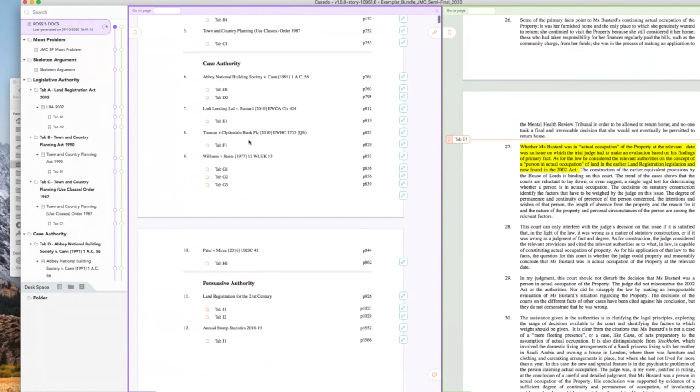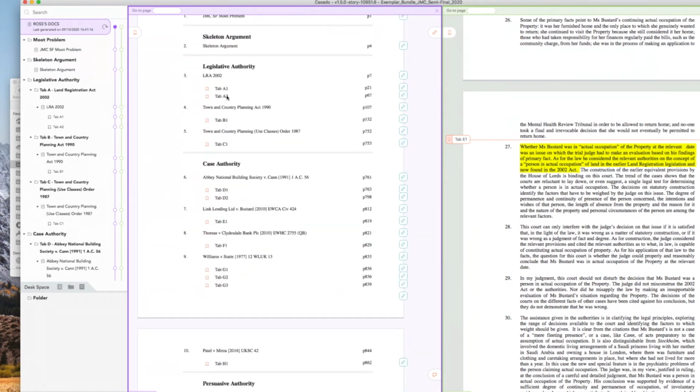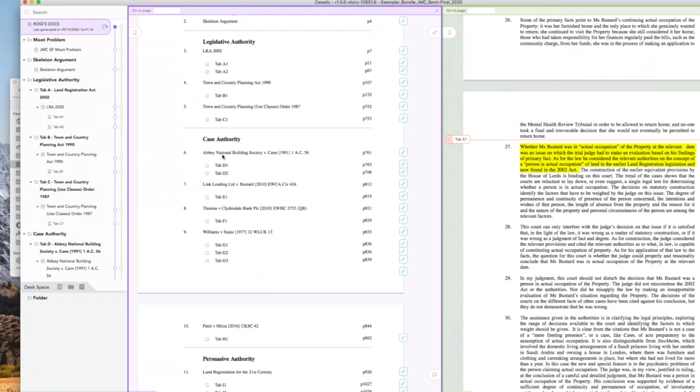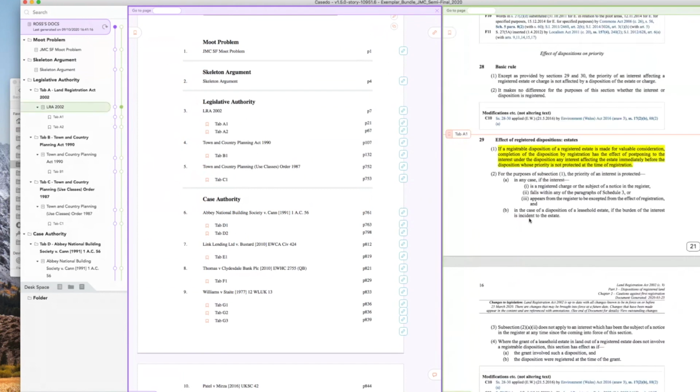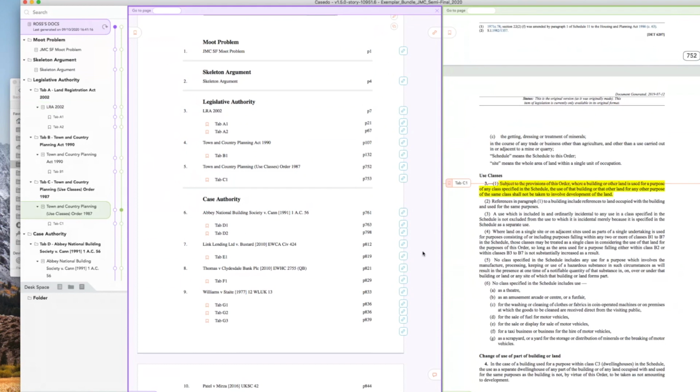You've now got every case divided into sections, and you've got the specific tabs. It might be that a judge can just have this in front of them, and when you refer to tab A1, they can pull it across and see tab A1, tab C1, they can pull it across and see tab C1. So that could be quite a good use for mooting of this table of contents.